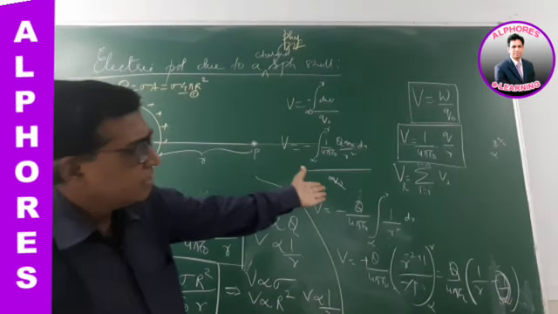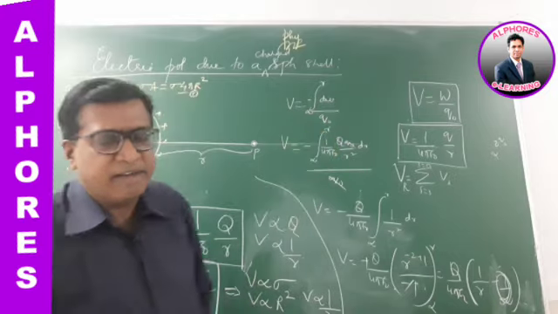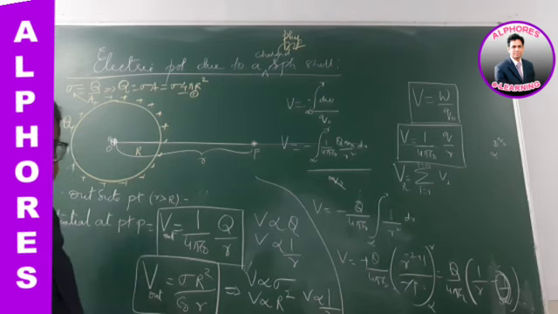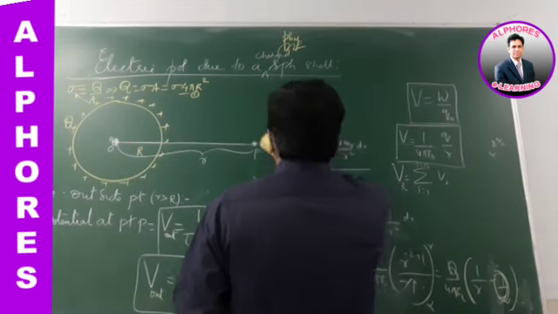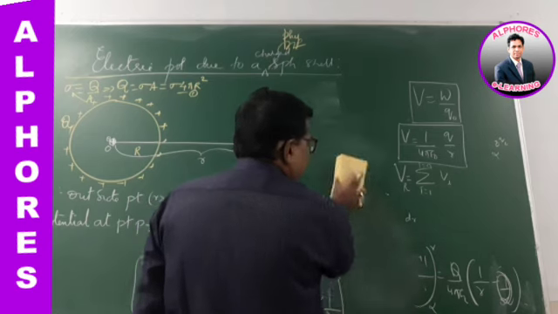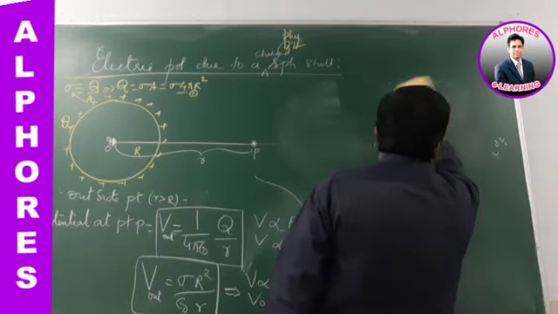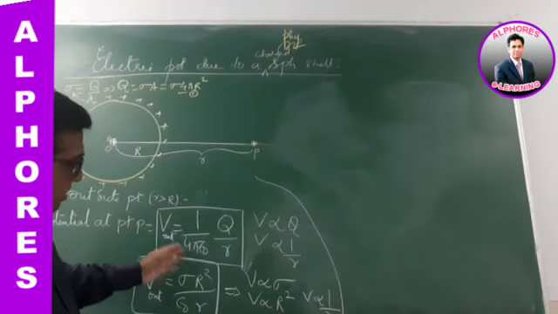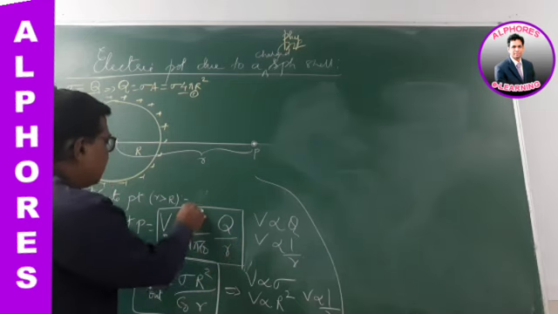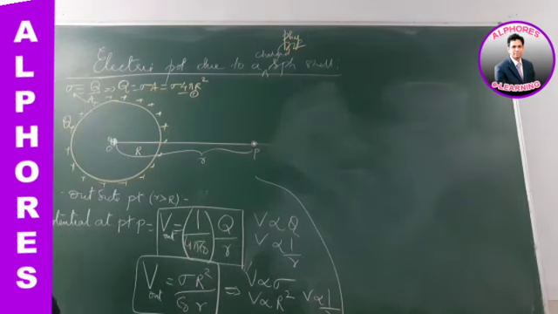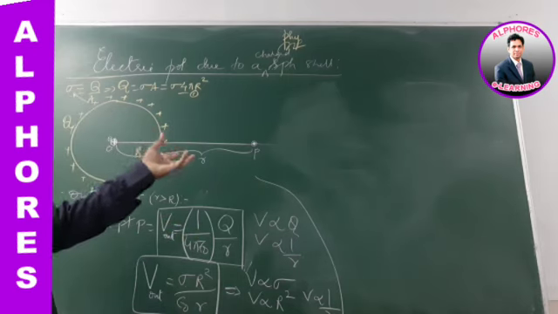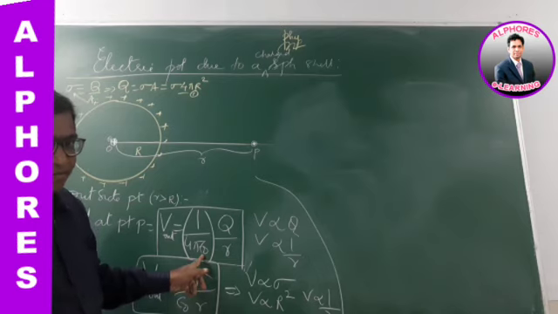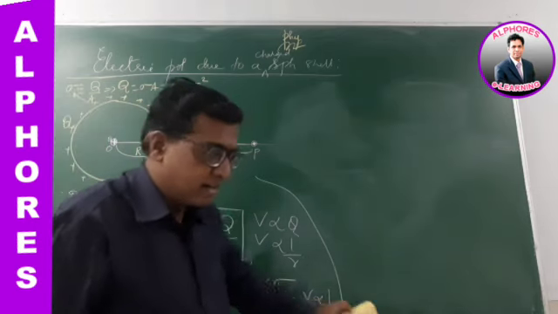It is the same derivation we did while evaluating the potential due to a point charge, because the shell behaves as if all the charge is concentrated at the center. So the potential due to a spherical shell at any outside point is the same as the potential due to a point charge at that distance r. So the potential is 1 by 4 pi epsilon naught q by r. 1 by 4 pi epsilon naught, you know, is 9 into 10 power 9. This is the formula when it is in air. Had it been in a medium, then I have to replace epsilon naught with k epsilon naught, k being the dielectric constant of the medium. You all know. Based on that you can calculate.